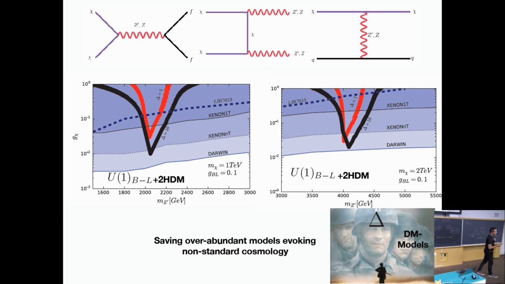So some abundance models can be saved because of this non-standard cosmology. In that sense, there is no reason to stop at 10. It could be more. Exactly. These lines could go below Darwin as well, right? Yeah, it's true. So on the plot on your right, this funnel is because of the resonance, right? Yep. So why in the non-standard cosmology is it moving towards higher masses? Because of the size of the scan. Okay.